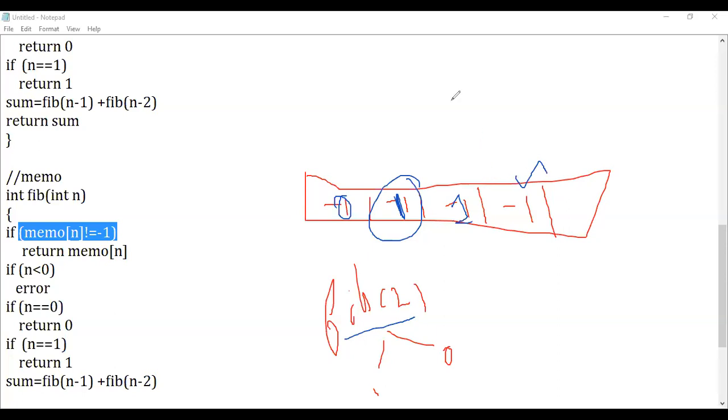If it is not equal to -1, you're going to fetch the value from it and return the value from memo of n. This is the memo array, right? When the value is not equal to -1, it means that the value was calculated previously. You're going to fetch the value from the particular array.